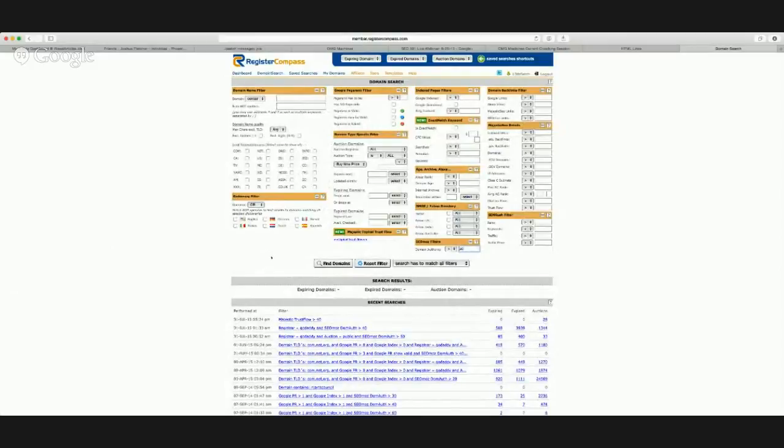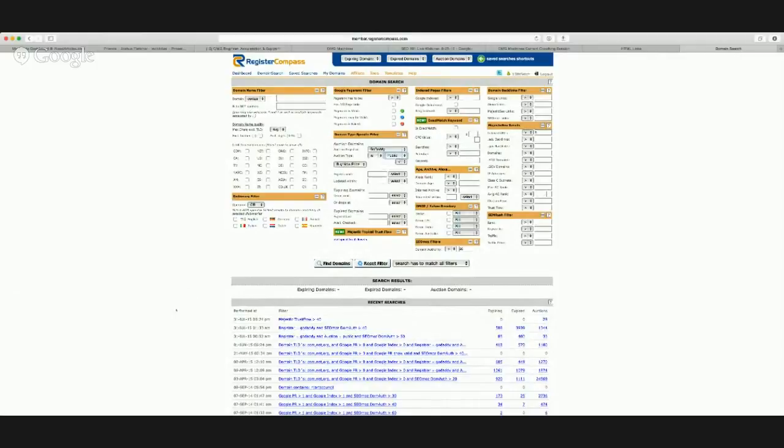Anyway, this will work. I'm going to use just GoDaddy, and auction type is going to be public. So essentially all I've done here is said I want to find sites that are currently registered in GoDaddy. I want a domain authority of over 20. I want there to be greater than 0, meaning there's at least one indexed URL on the site, and for it to be a public auction. It's pretty simple to do.